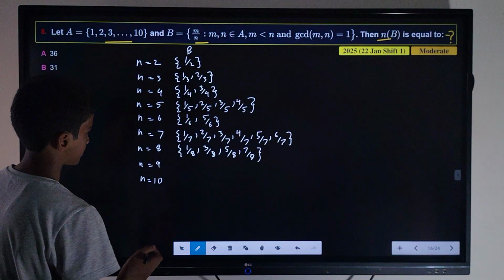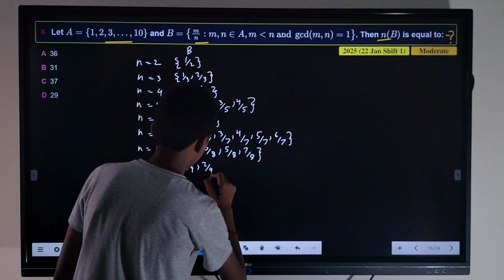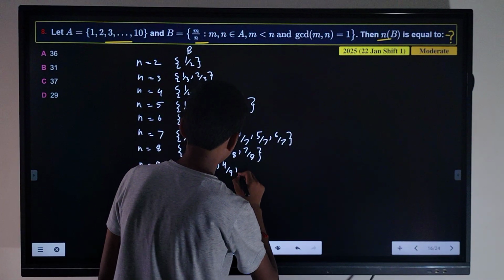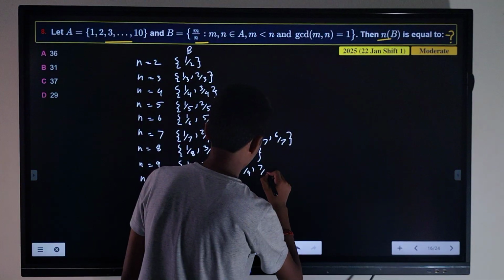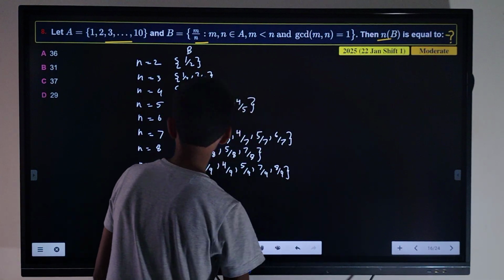Now if our n is equal to 9, we will get 1 upon 9, 2 upon 9, 4 upon 9, 5 upon 9, 6, 7 upon 9, 8. And if our